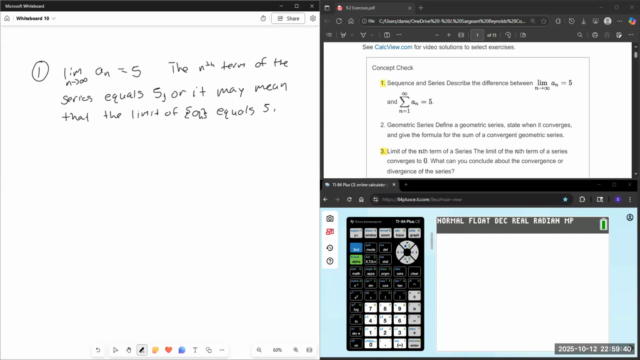When we say summation from n equals 1 to infinity of a sub n equals 5, that means that a1 plus a2 plus a3 plus ... all the way out to infinity equals 5. It's exactly equal to this. This statement means that, and that statement means that. And this means